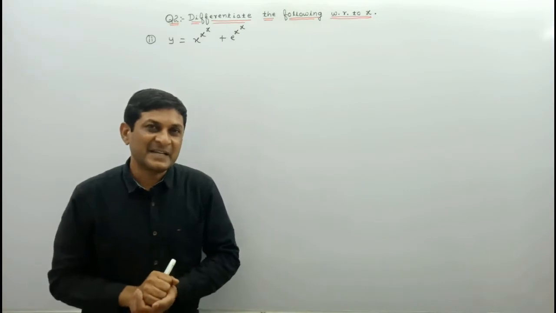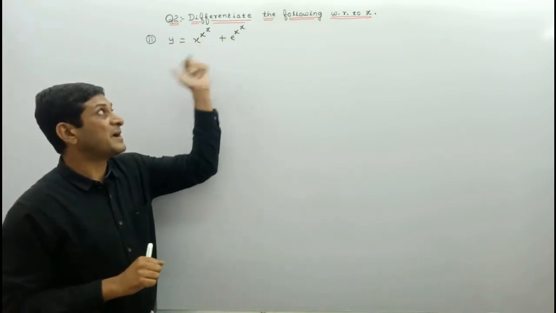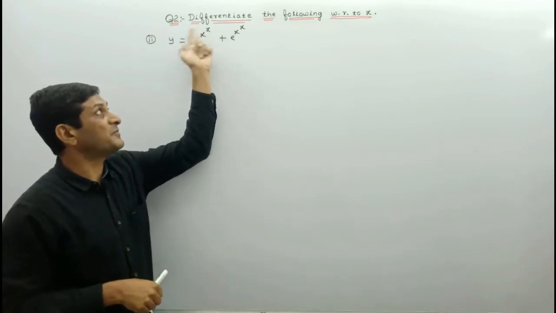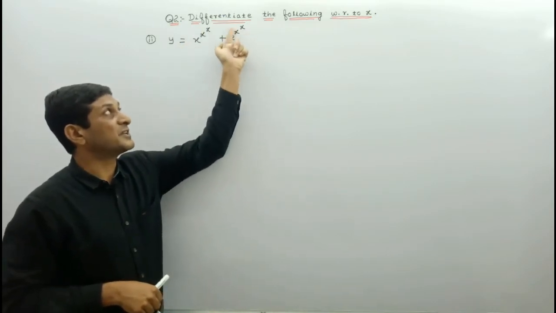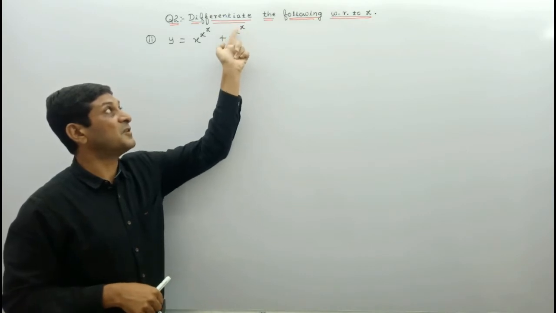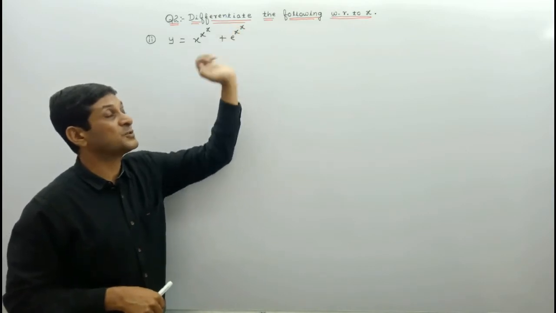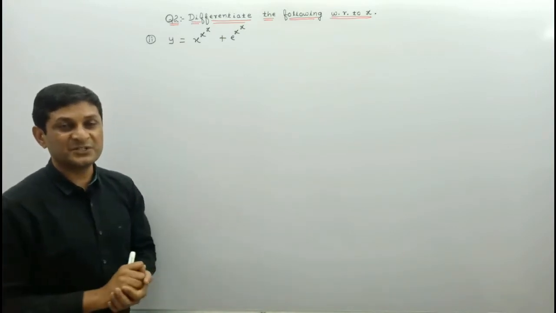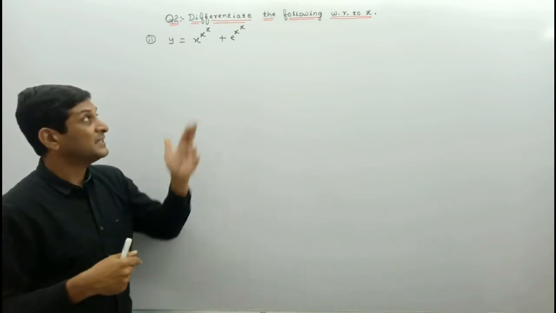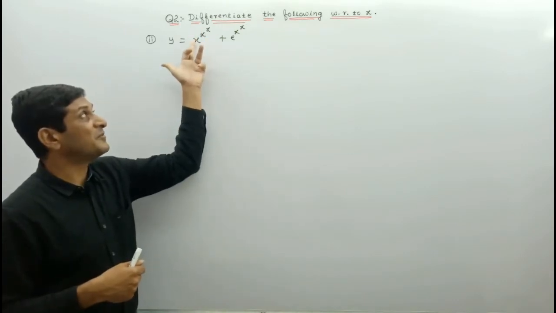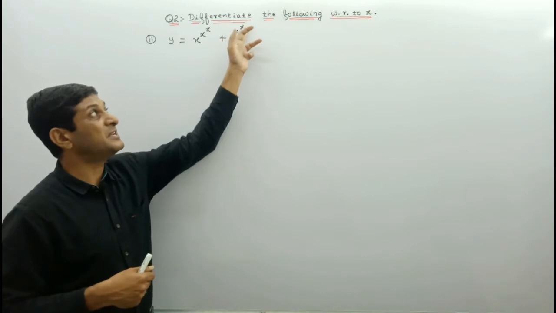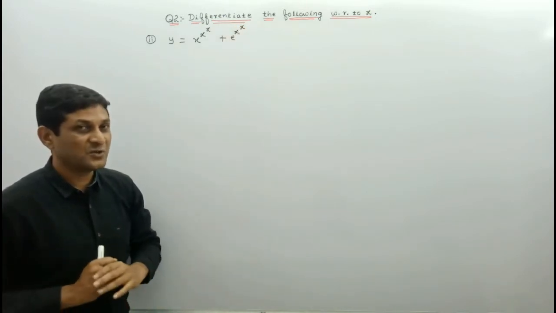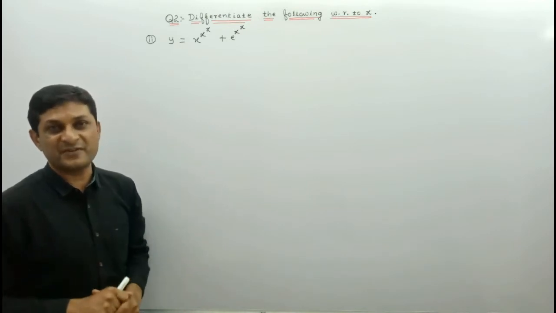Now in the second example, see here two functions are connected by what? Plus. If you observe the first function, it is in the form of x raised to power f of x, and here e raised to power f of x. But here, f of x is in the form of x raised to power x. It is in the form of f of x raised to power g of x. Both the terms have this form, so to find the differentiation of both terms we have to apply the logarithmic differentiation method.